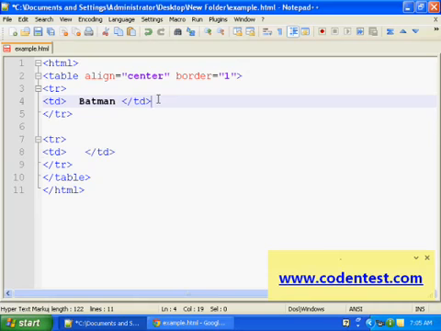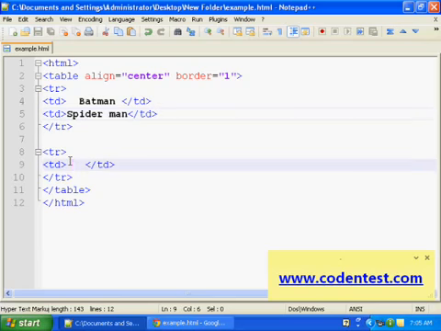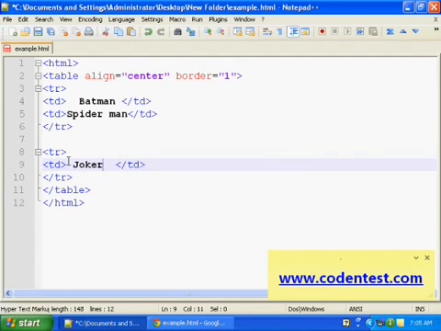And in the first row let me add one more td. Spider-Man. Okay, so now in this let me add Joker,